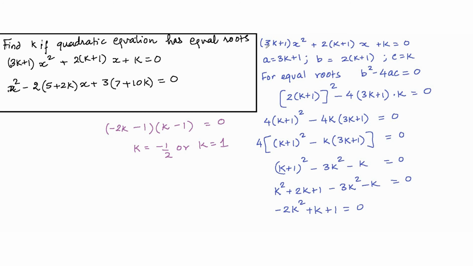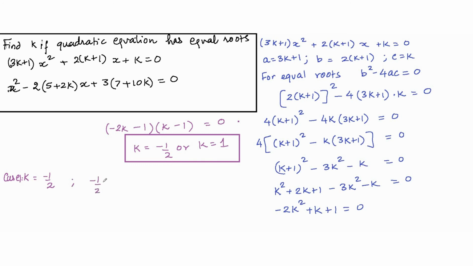The reason why I say that is in one of the previous problems we saw that the equation was not a quadratic equation for one value of k, but it looks like if I substitute k as either minus half or 1, in both cases it still remains a quadratic equation. So these two are the valid answers. So let me just show you what happens to the quadratic equations. Case 1 is when k equals minus half. So if k is minus half, this equation becomes 3 into minus half is minus 3 by 2 plus 1 is minus half.